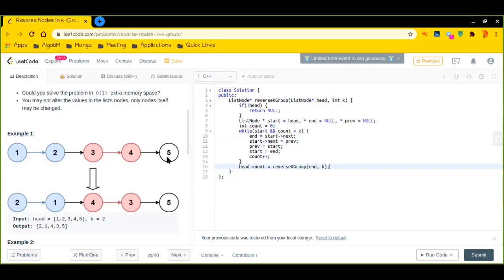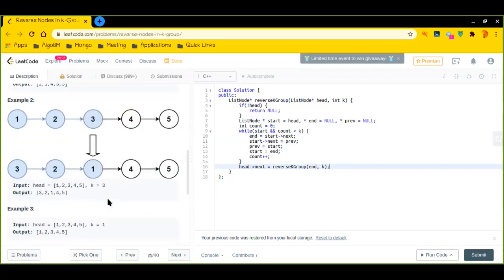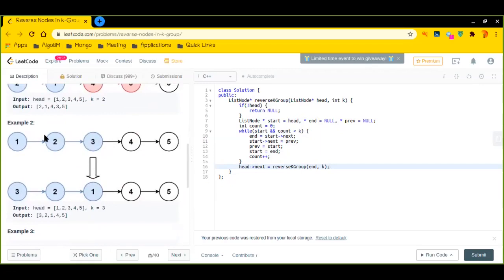Why? Because for example, let's consider this particular example, right? It would be more convenient. So let's say in this particular example, k is 3, right? As you can see, this particular sublist is left out. So we have to use it as it is. But here we see that we are reversing the linked list. So what would be the final answer? The final answer will be 3 to 1. Then it will be reversed, right? It will be 4, 5, then 4. Okay, then we have a null node. Which is totally incorrect.